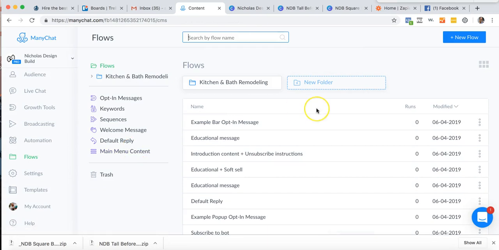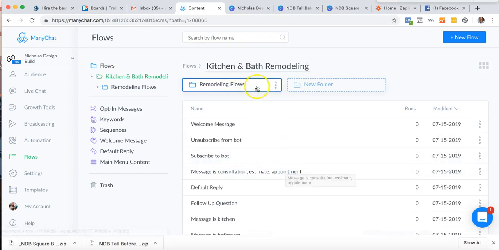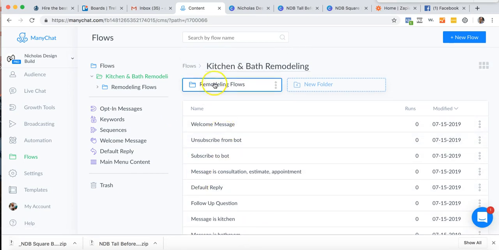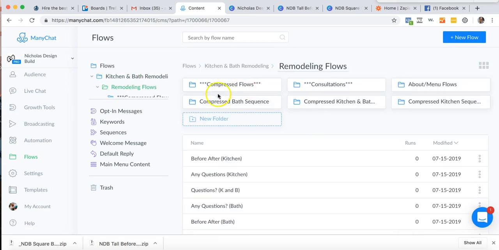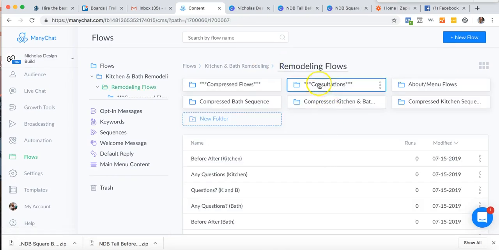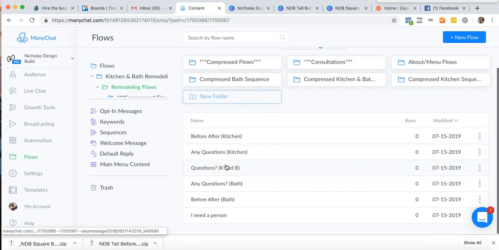We'll go into flows. And the way this template is set up is that there is a folder called kitchen and bath remodeling. There's actually remodeling flows. That's another subfolder. These are some of those default messages, welcome messages, and some of those keywords that we have set up, but this is the core. We have a couple of different sequences. Then we've got our about information. We also have